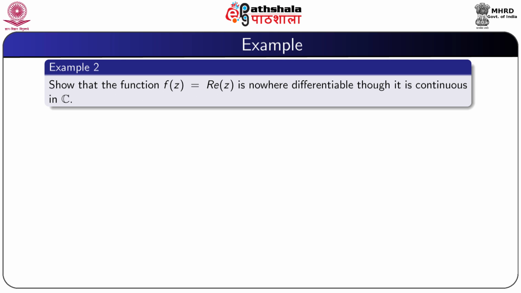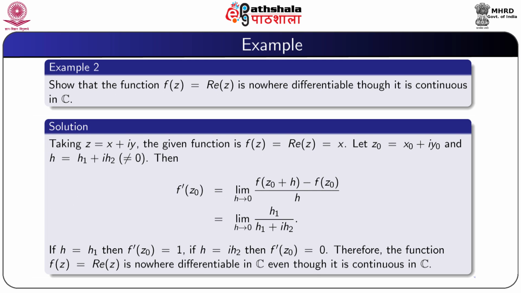Now, we give an example so that the function f(z) = real z, that is equal to x, is nowhere differentiable, though it is continuous in the complex plane C. So, we take z as x plus iy. Our given function is f(z) = real z, that is equal to x. Let z0 be the point x0 plus iy0, and we take h equal to h1 plus i h2, which is not 0. Then f'(z0) is equal to the limit as h tends to 0 of f(z0 + h) minus f(z0) by h,